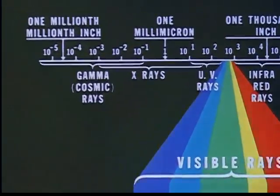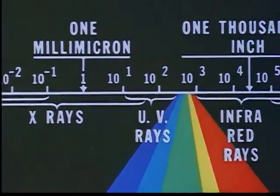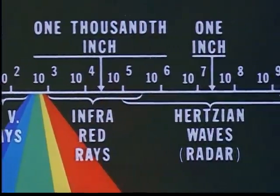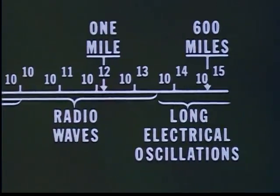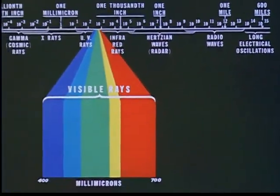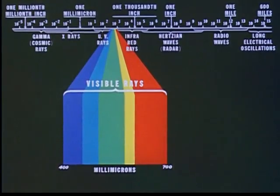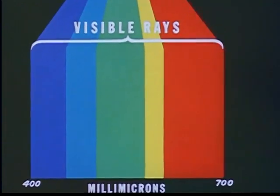These wavelengths range from the extremely short ones of X-rays and gamma rays, with wavelengths of a millionth of an inch, to those of the longest radio waves, some of 100 miles and more. However, despite their extraordinary shortness, wavelengths of light can be measured more accurately than any other physical quantity, and this has enabled us to make some headway in the complex study of light and color. As we can see, violet at the one end has the shortest wavelength, while red at the other end of the spectrum